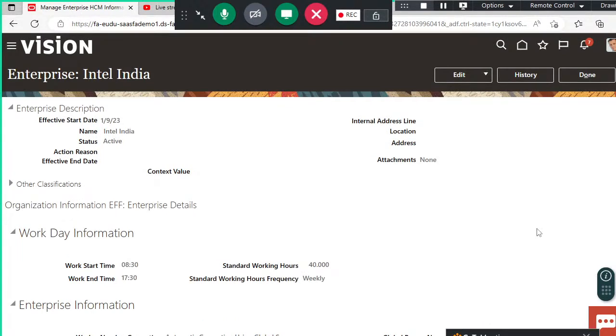So for the navigation purpose, I have shown how it is done in the application. The task is manage enterprise HCM information, which can be used to configure the enterprise in the application. So this is the first thing which we configure. Fine, and the most important thing. Now after the enterprise, let's talk about the